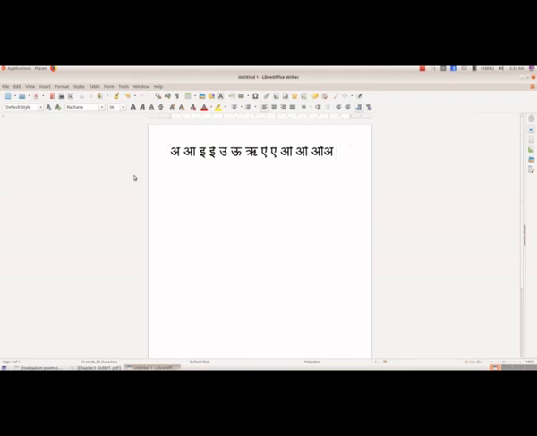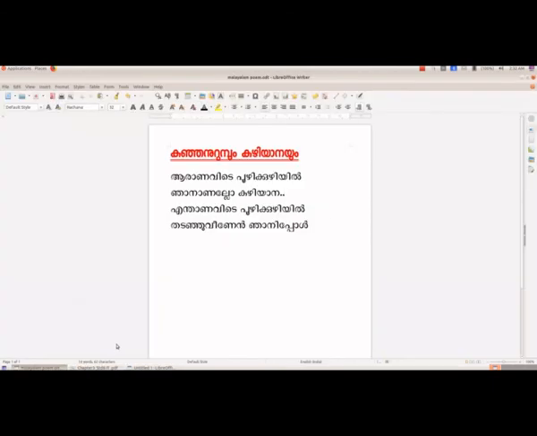type the different letters in Hindi, and after trying this you have to type that poem which is given in your text.